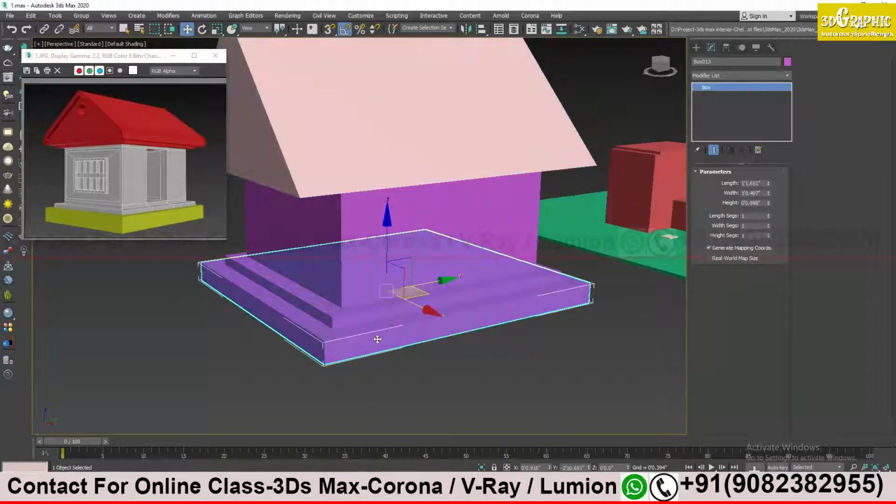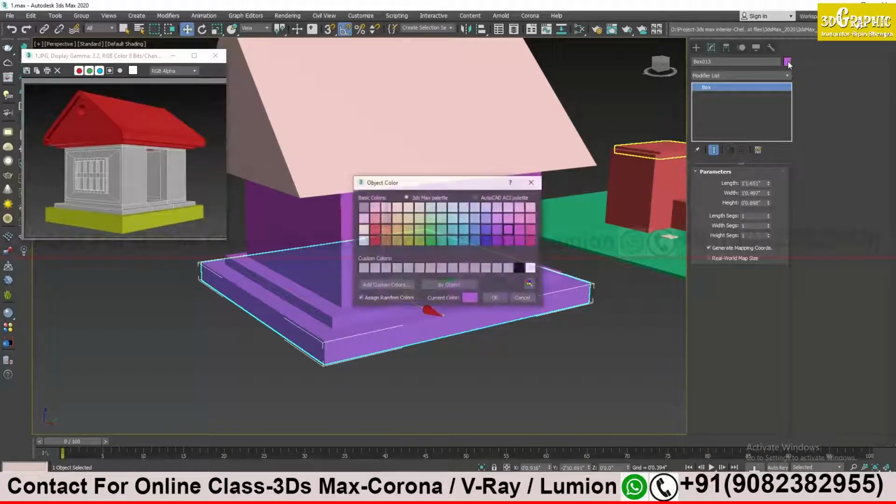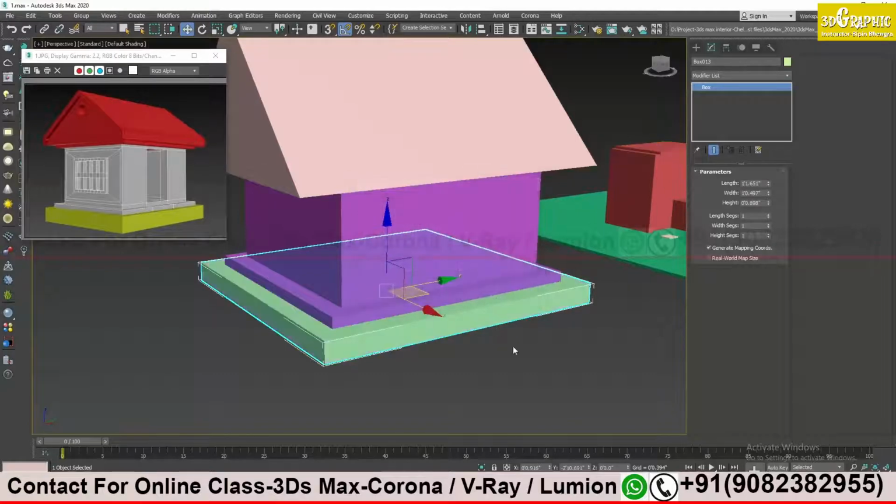Select the object, then go to the Layers toward my right. You see the name of the object is given, Box 013, and there is a small color box. Just click on that color box and you can select any different color you want. Click on the color and then click OK.